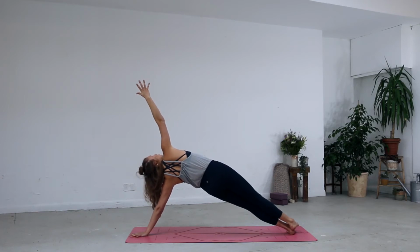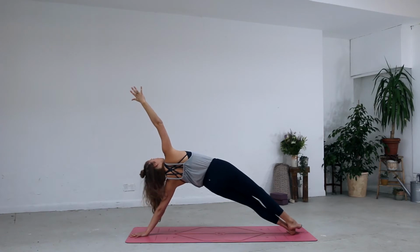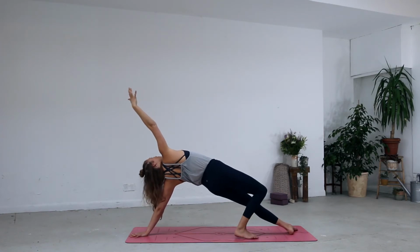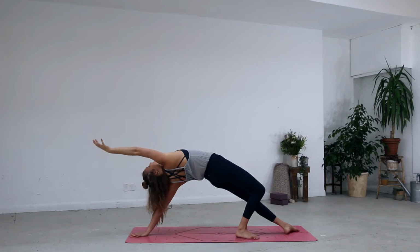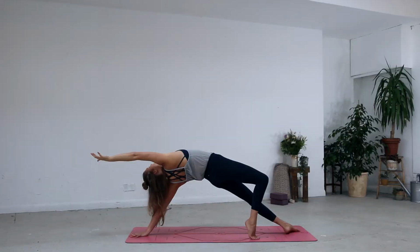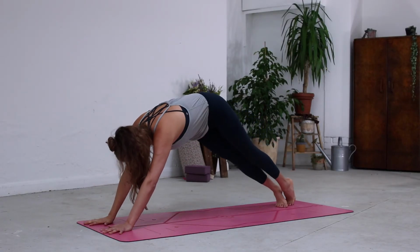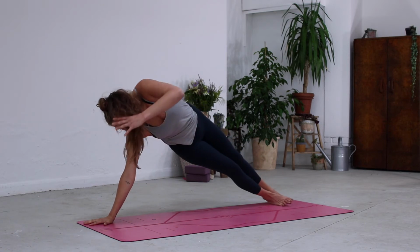If this is too strong, you can drop the bottom knee. Keep lifting up through the right hip, extending the crown of the head away from the heel. And then if it's comfortable on the shoulder, with your next inhale, you can open up through the front of the body, step the right foot behind you. Inhale, reach back up, place the right hand to the top of the mat, step both feet down, swap over